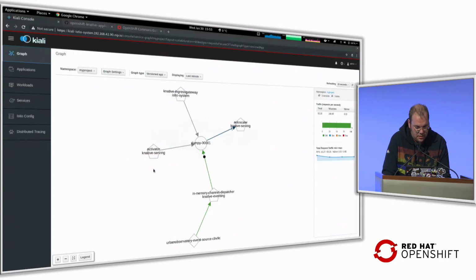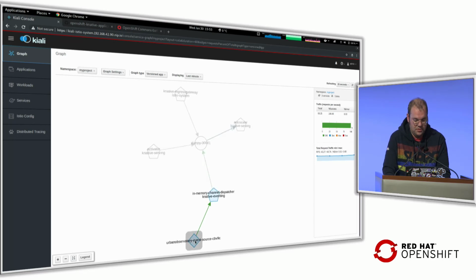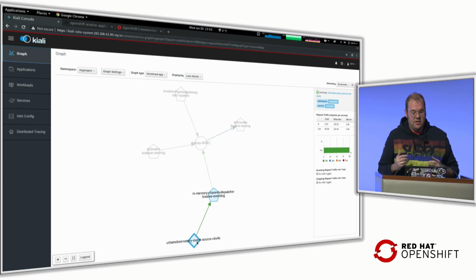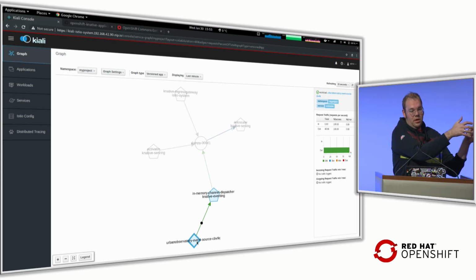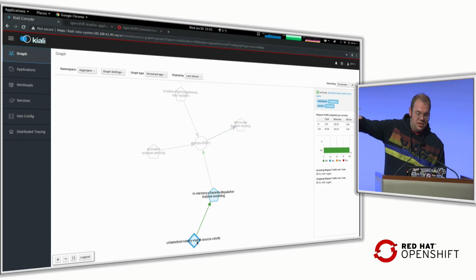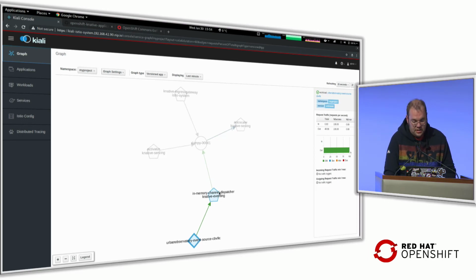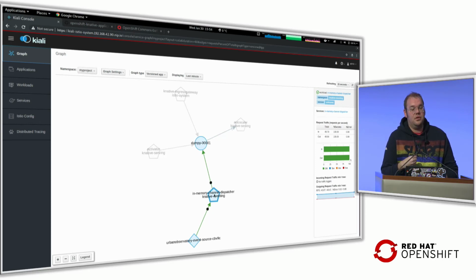Okay, how does this look visually? So what we see here is that I have a source, which is this guy. So that's my event source, right? It reads WebSocket and is sending the values of the read messages with HTTP to a channel. And the channel is this particular guy. And the channel has a dispatcher, right?